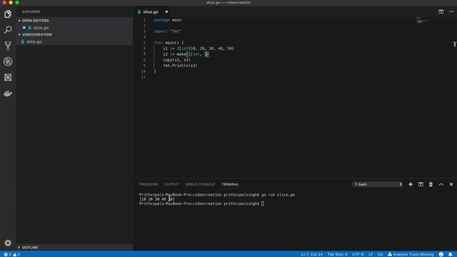Now we will see what will happen if destination slice is larger than source slice. So what if size of this second slice is greater than first? So let me just change it to 8. So size of this slice is 8, whereas size of this slice is 5. So we'll see what will happen if